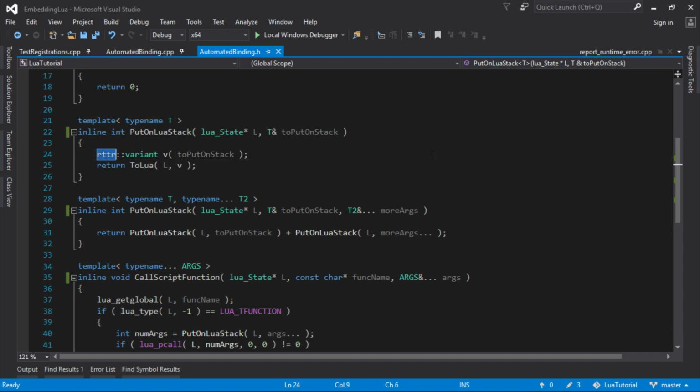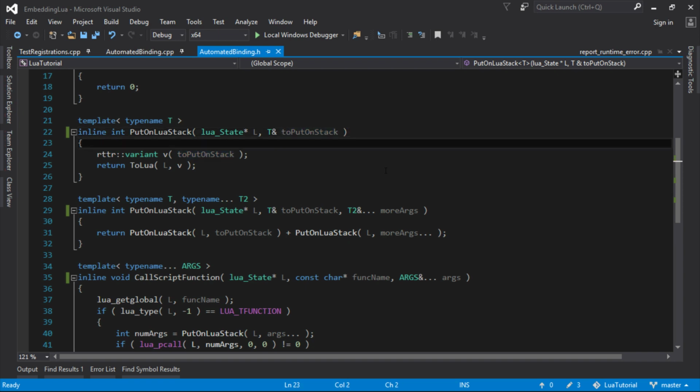And if we check the docs for this, the RTTR variant, this always copies. This always copies. So this here is the thing that's making the copy of our variant. So it's designed to do that, and that's the expected behavior. So it's not doing anything wrong there, but it isn't what we want. So what we can do